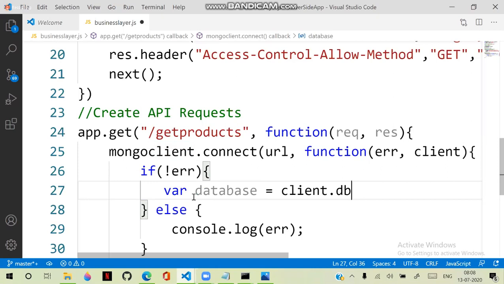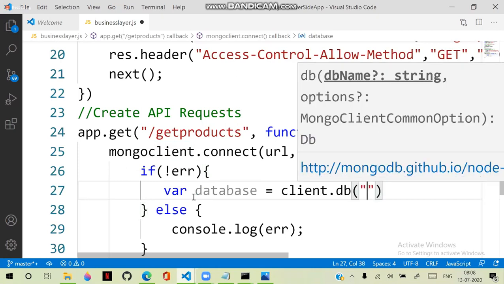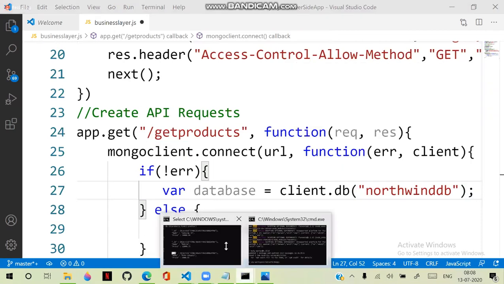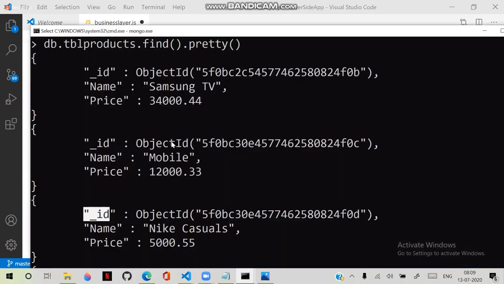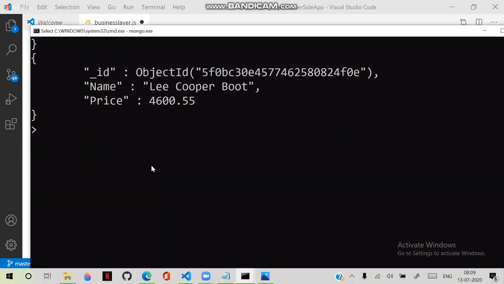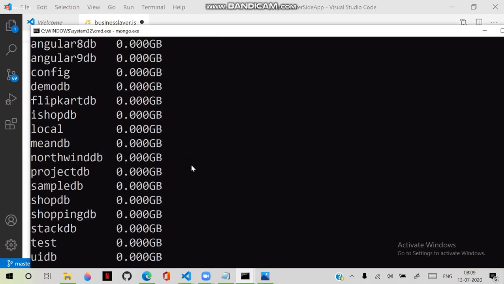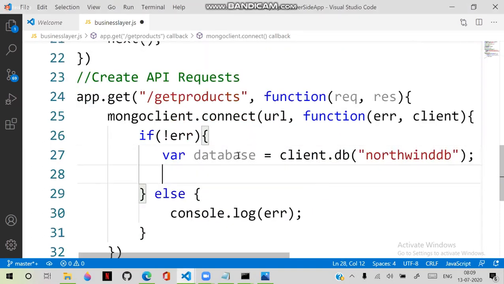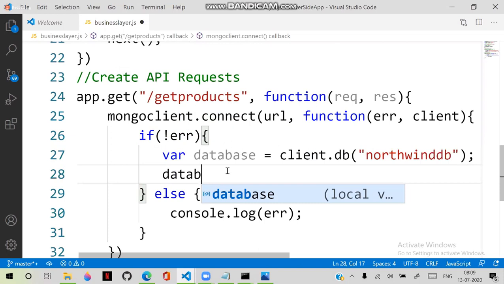DB, which database? Database name, NorthwindDB. That is the database name in our MongoDB. So in our MongoDB, we created a database, show dbs. That is the database name, NorthwindDB. And now this database reference can access this database. So in the database, we have a collection called